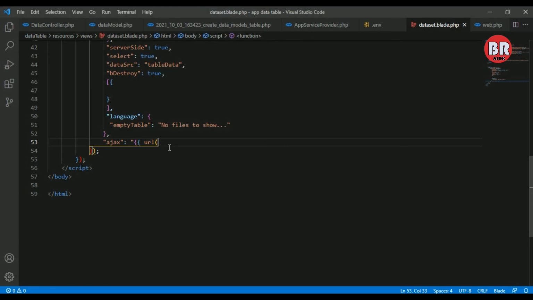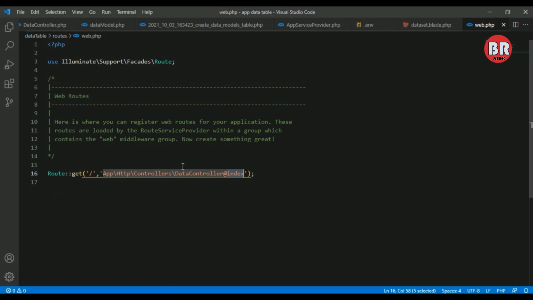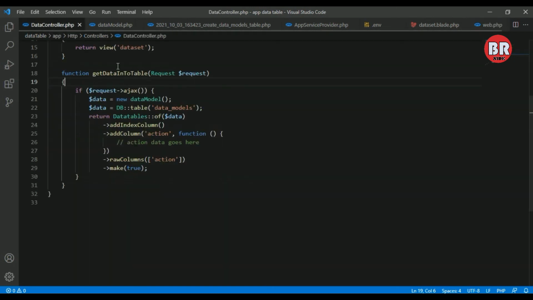So all done now. Now we have to call our URL. So I use the URL here, get data table. Now I go to my web.php file, create a new route, I comment it here, I go to my controller, get this function,